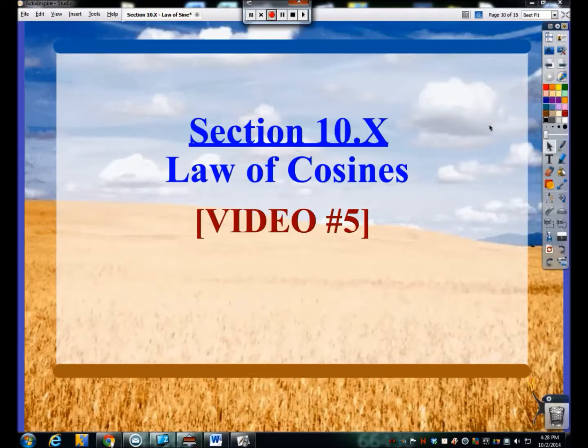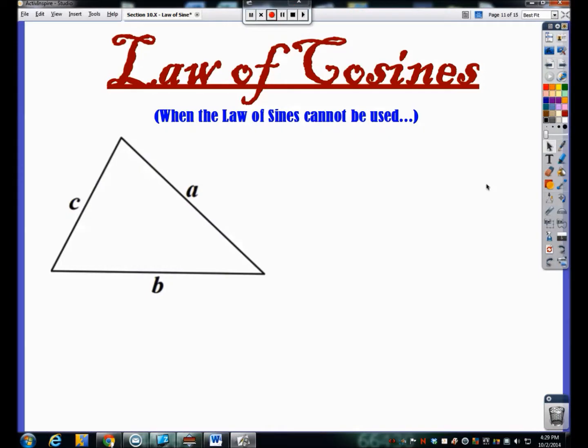Video 5, Law of Cosines. Yeah, we're back for more, right? Law of Sines, last video. We're doing Law of Cosines. Law of Sines wasn't terrible, right? It wasn't too bad. Get ready for the Law of Cosines because it's not crazy tough, but it's definitely tougher